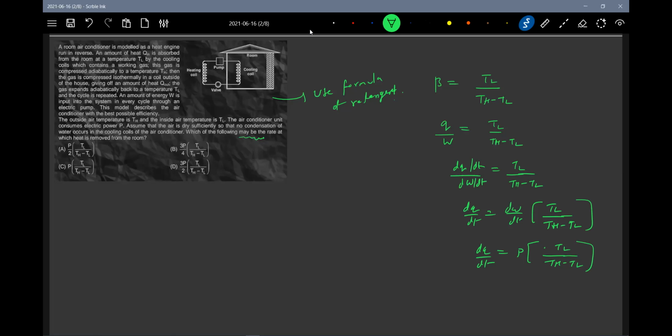Okay, now this is one option. This is our answer. But the question says maybe. Because of the word maybe, you can even pick this, this, or this, but it cannot be this one. Why maybe? Due to external parameters, friction, or many other losses, it can be less. 3P by 4 is less than P, P by 2 is less than P, but it cannot be more than 3P by 2. I think the word maybe was brought in dangerously here. If maybe were not there, I would have picked option C.